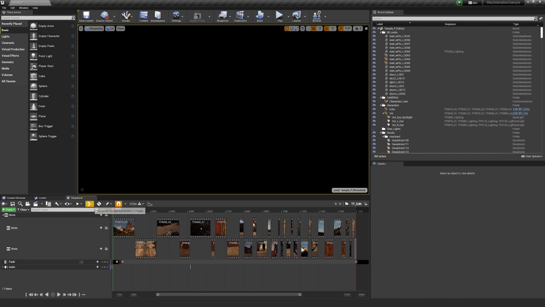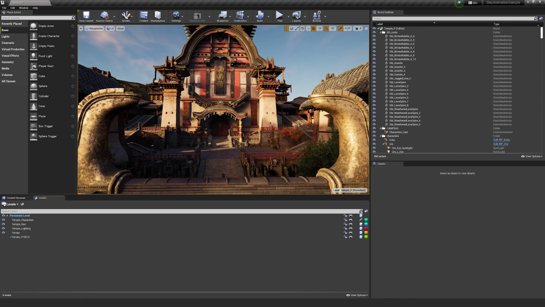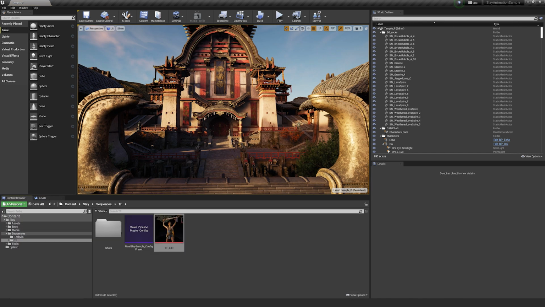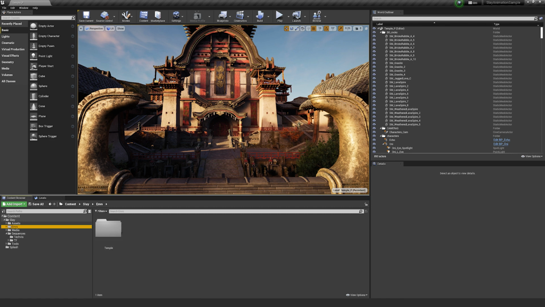But because of what we're going to be doing today, just for our intro beginnings, we're going to exit out of this sequencer. We're going to go to our content browser, and inside of our env folder, which holds all of our environments, in this case the master level for the temple and all of the sub levels.